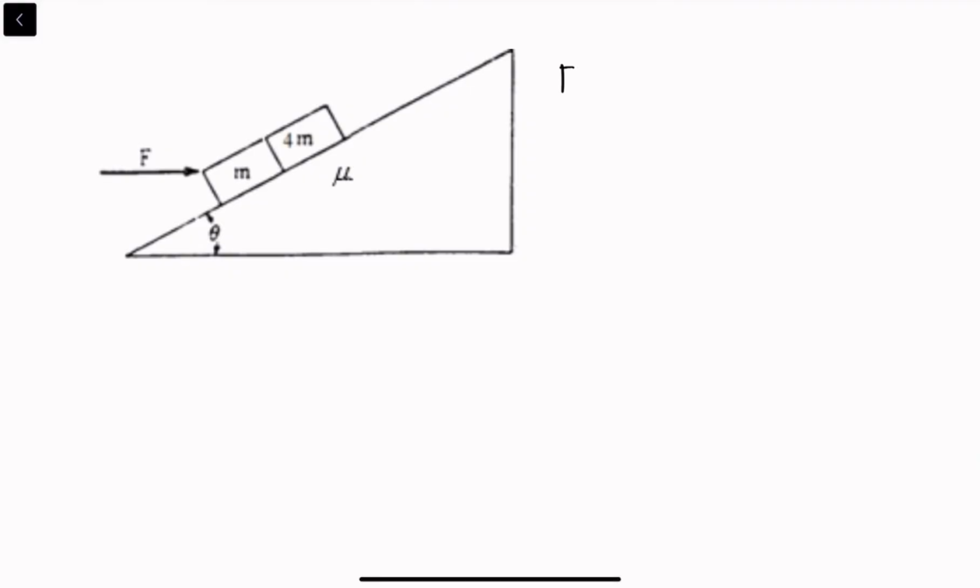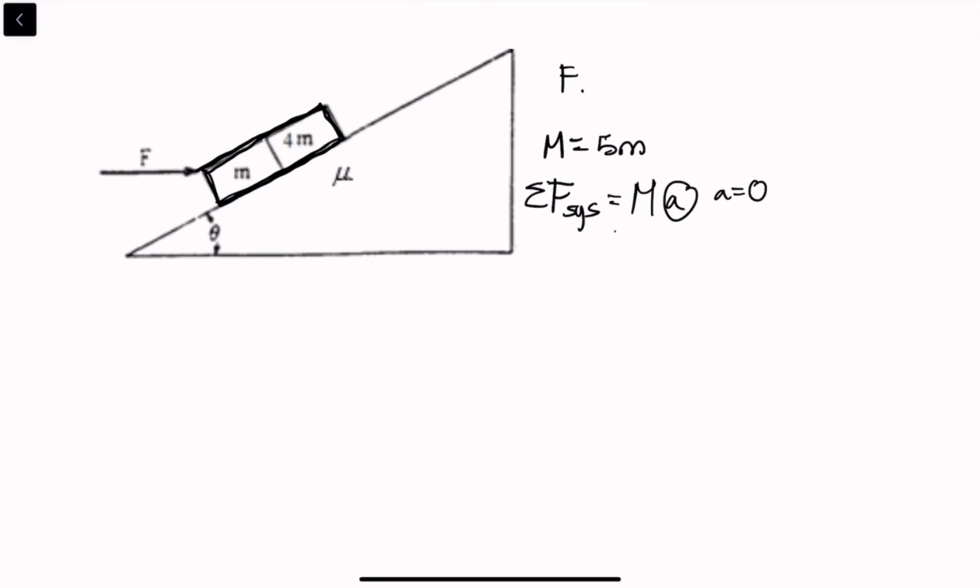So for part F, we're given a second block. I'm going to just treat this as one singular block because they move as a system that has a mass of 5m, because 1 plus 4 is 5. And the net force of the system is just equal to the total mass times acceleration. Since we want the system to be motionless, acceleration is going to equal 0. So this just becomes 0, which means the net force of the system